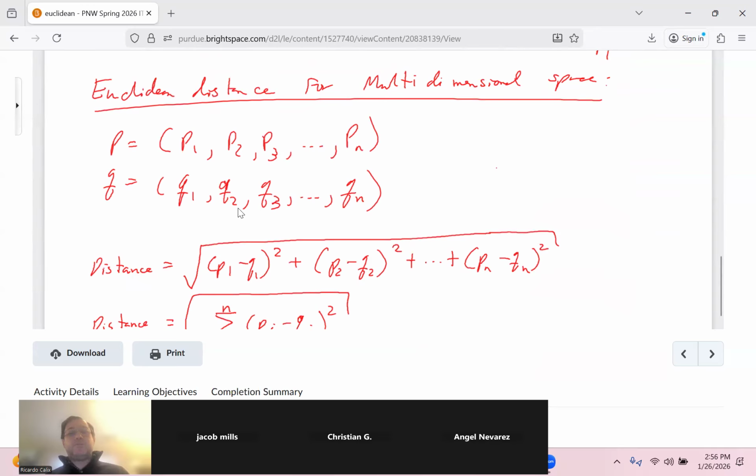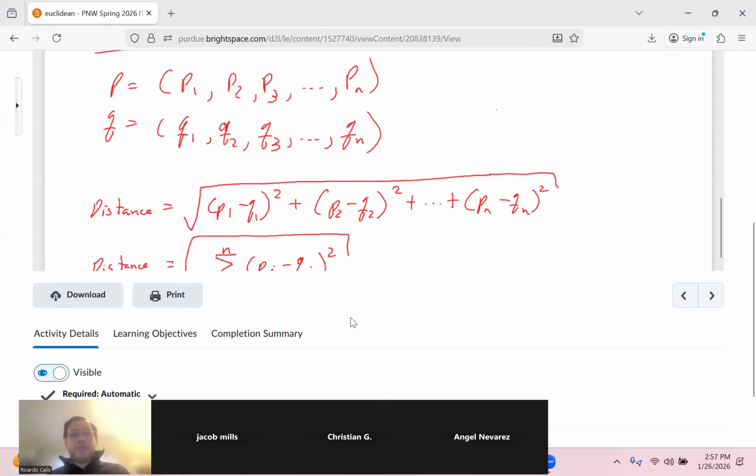Q is Q1, Q2, Q3, all the way to Qn, so 15 dimensions, right? Whatever the data set. You know, the bicycle example that we did in class, if you remember, I want to say it had 12 features, so that's similar. So now, to calculate the distance here,